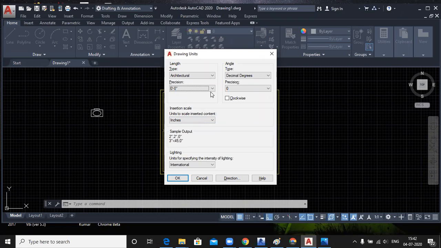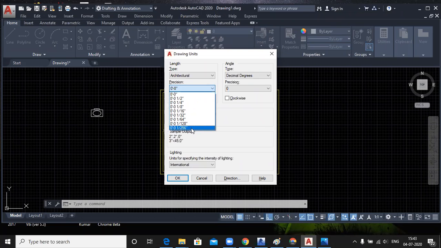If you want to specify 10 meter or 600 mm, what you specify is like this, 11.6. So this is the precision. It defines how much part you will take for the inch. This is accurate up to 1 inch upon 256.